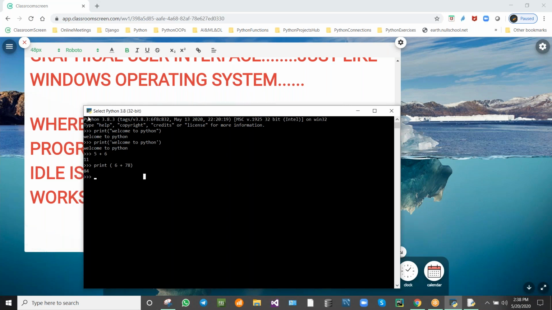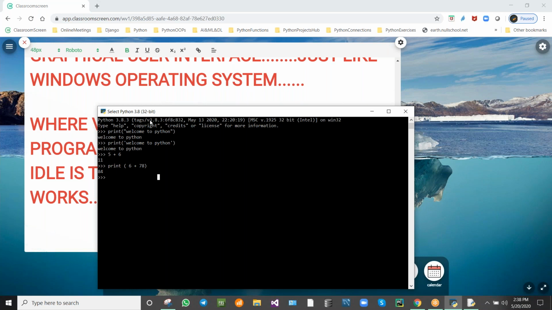So here we can see the latest version, and the time and date when it was released. And we can see 32-bit Intel, which means Intel processor hardware. 32-bit will have both things, isn't it? 64-bit and 32-bit. Now it is taking the 32-bit Intel processor, so it is using 32-bit on Windows 32. That is, the meaning is Windows operating system 32-bit.